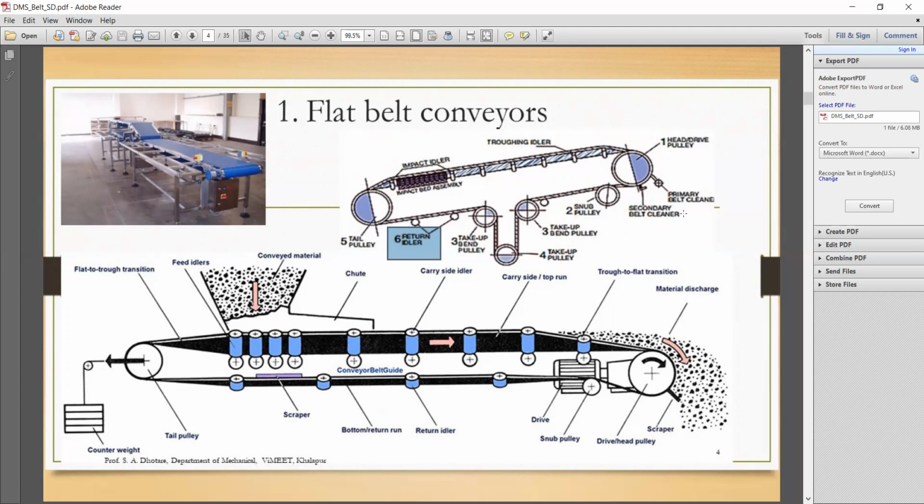So it provides a continuous supply, and that's why we mostly prefer such a conveying mechanism. Also, conveyors can transfer the material at an extremely high rate. Hence, the capacity of a conveyor is much higher than any other material handling system,